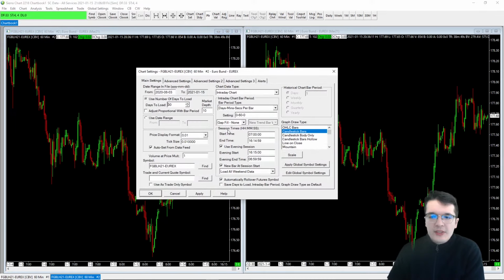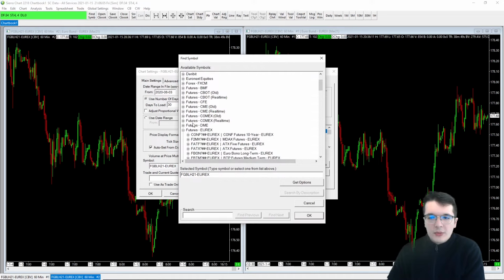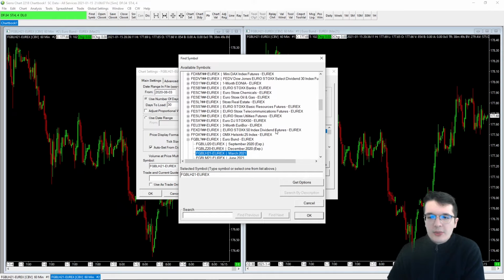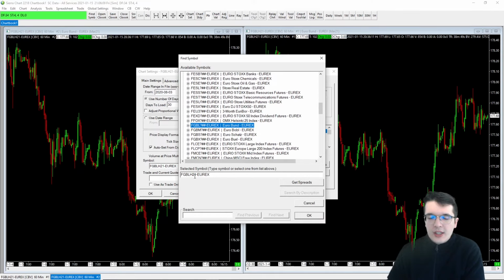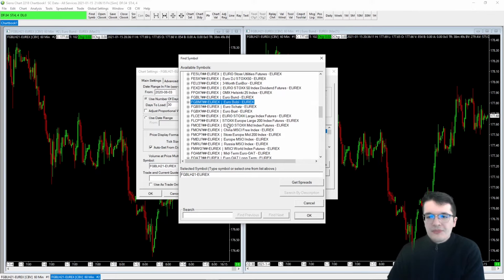you can keep pretty much everything the same and say, look, I don't want the Bund on this chart, I want the Euro stocks, for example. And then you can either type in the code if you know it off by heart, or you can go in and say, look for the Euro stocks. But in this case, since we know the Euro stocks, we can go